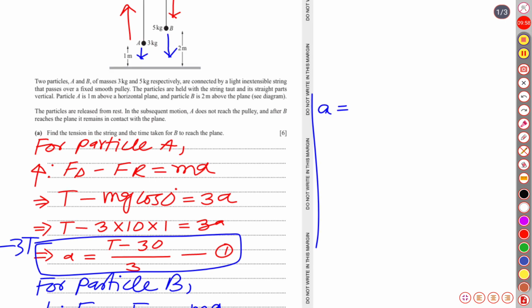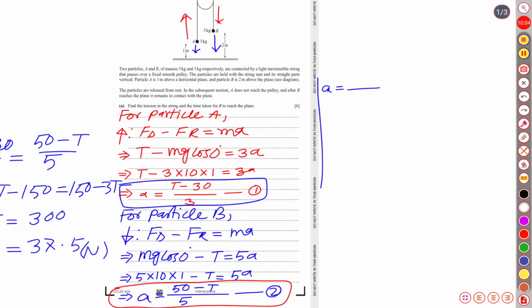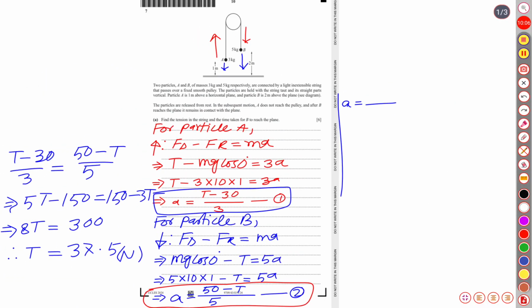T is the tension, which has already been obtained: the tension in the string is 37.5 Newton. So we write (37.5 minus 30) over 3. That is 7.5, and if we divide 7.5 by 3,